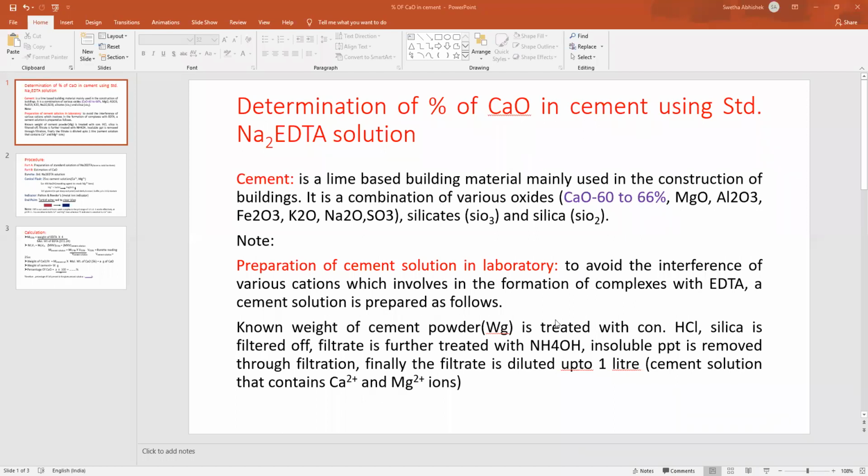So with this, I have completed the principle, procedure, and calculation of both the total hardness and cement experiments. And I know some students asked that they have already completed 3 titrations. As you know, your class is divided into 4 batches. The E1A and E2A batches already started with titrations, and they have already completed 3 titrations. The E1B and E2B batches started with instrumentation, and I guess they have completed 2 to 3 instrumentations.